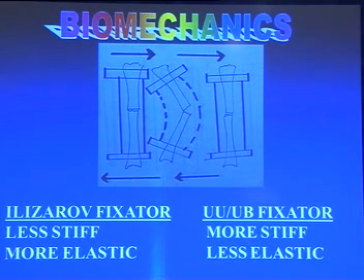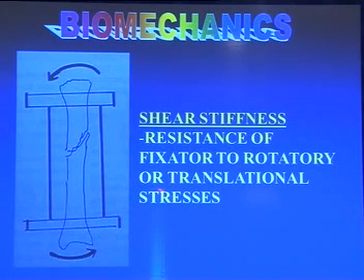There is something known as elasticity of this fixator, depending on the distance, depending on how much mobility is possible in this. And then there is shear stiffness. You know about fracture neck femur, so I don't think I'll have to tell you about shear stiffness. McMurray's osteotomy is a very successful surgery, because a transverse fracture can get compressed well, but an angulated fracture, when you try to compress, it will separate out. So if you think that compressing a fracture very strongly is going to do well, I think it is wrong.